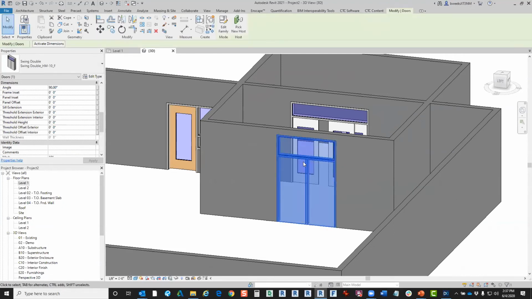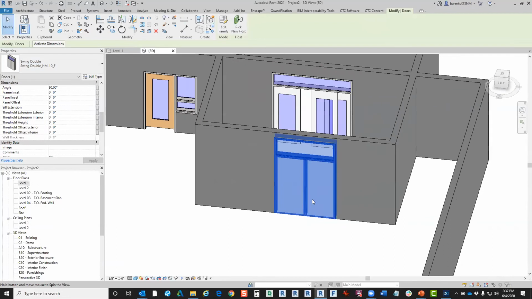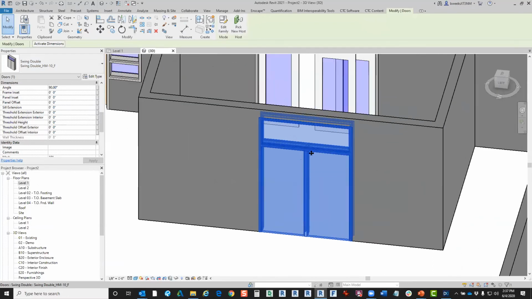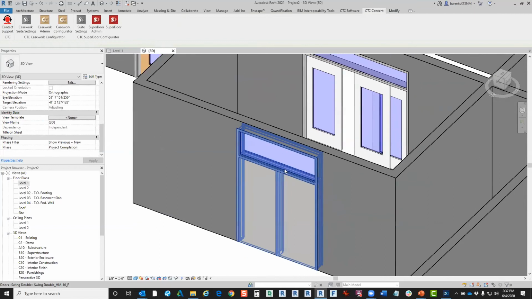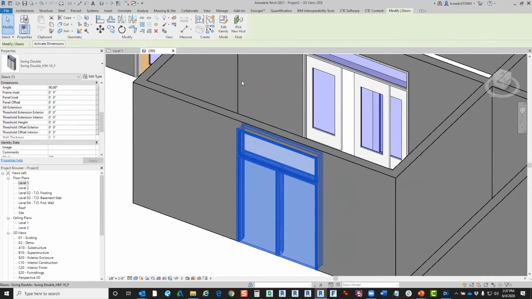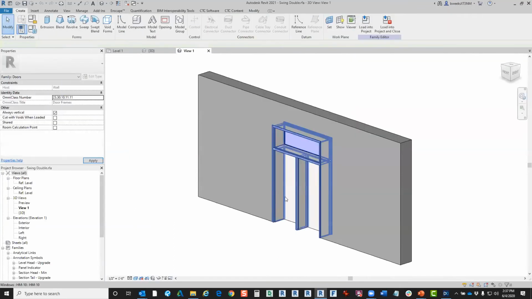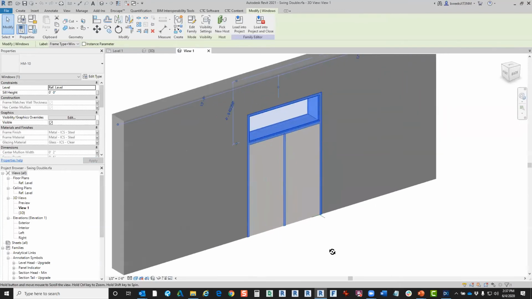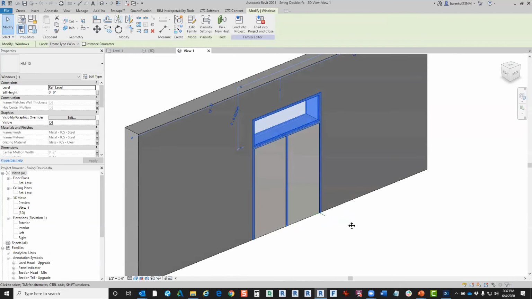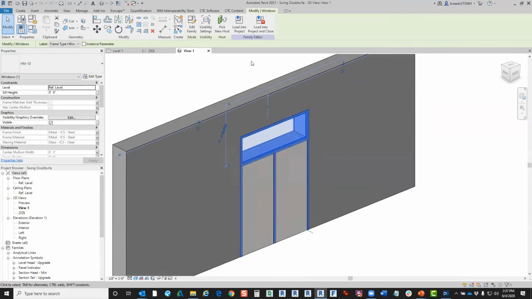Now, if you wanted to control that after the fact, let's say you did a 2-foot transom using the configurator. And once it got in the project, you're like, well, we got to lower our ceiling to 6 inches because of our mechanical system. So we got to change that, but it's already in the project and we've already copied it multiple places. What do we do? Well, it's super easy because like I said, what this configurator does is it takes multiple families and combines them into an assembly. So you can see this is our hollow metal 10